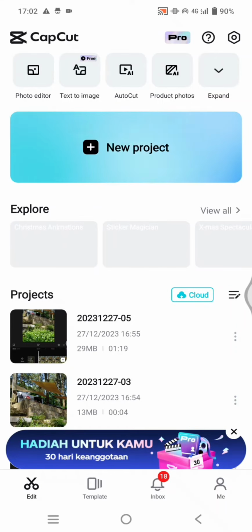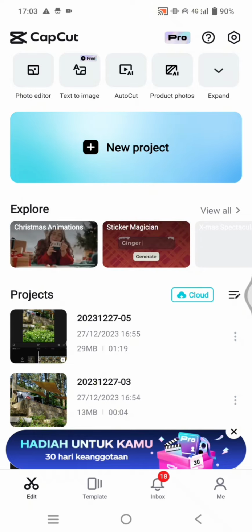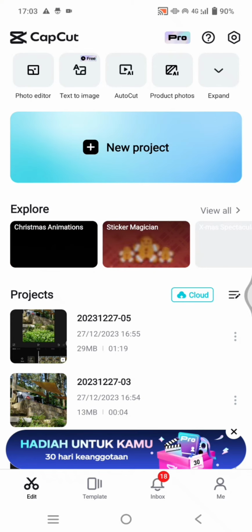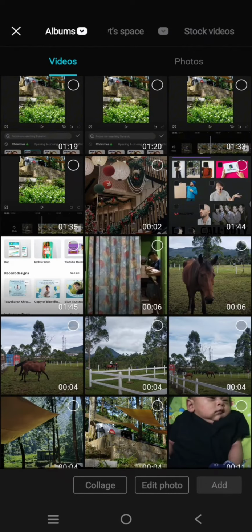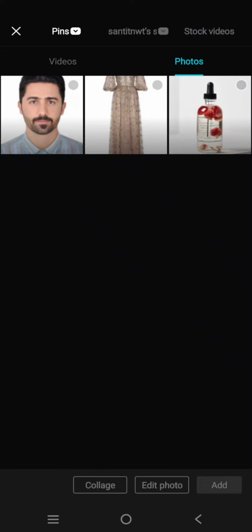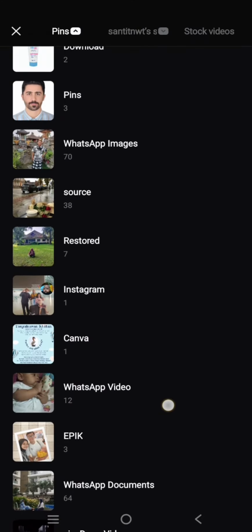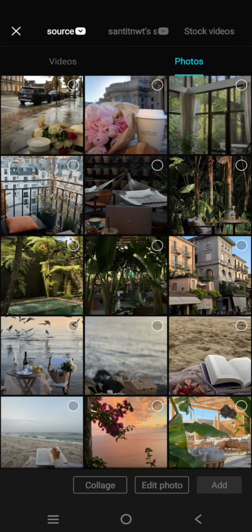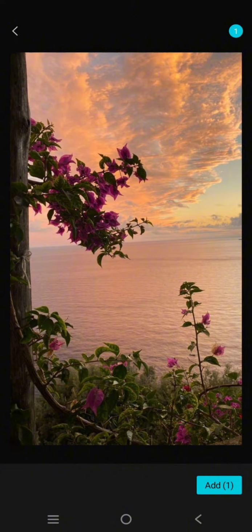On today's tutorial, I'm going to show you how to change a photo to become a painting on CapCut. So first thing first, open your CapCut and start a new project, then select the photos that you want to add. Okay, I'm going to find a photo first. Okay, so I'm going to select this one, click on add,